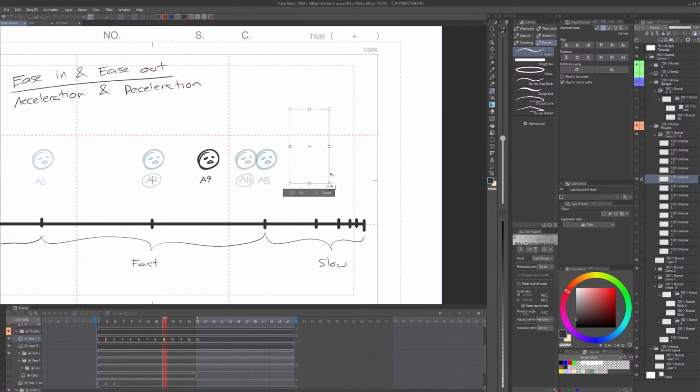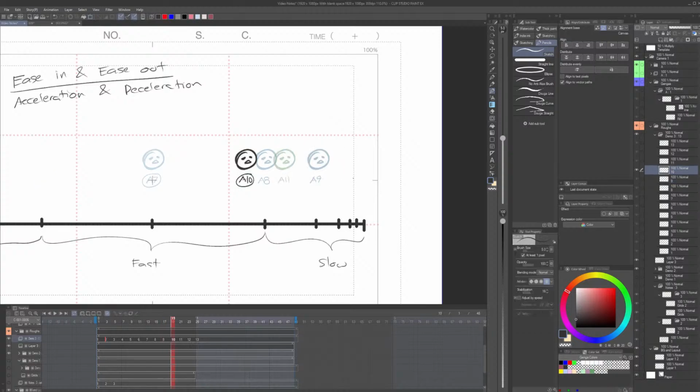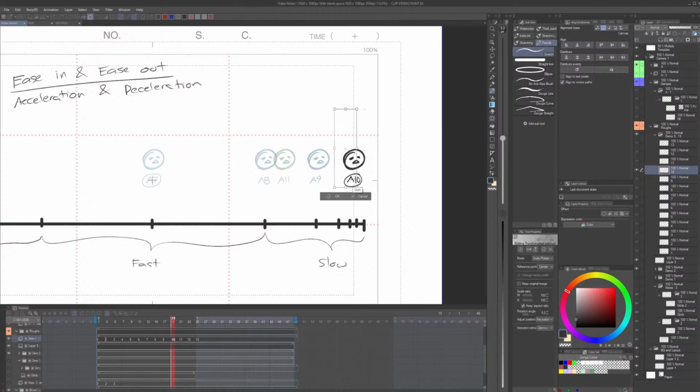You see how the drawings are kind of moving from their original position, and then you can suddenly see that they are very, very